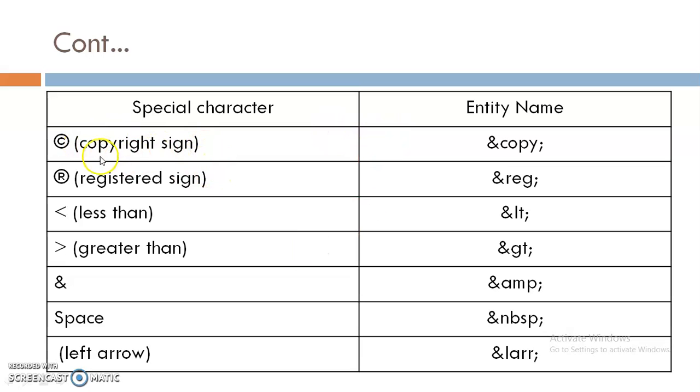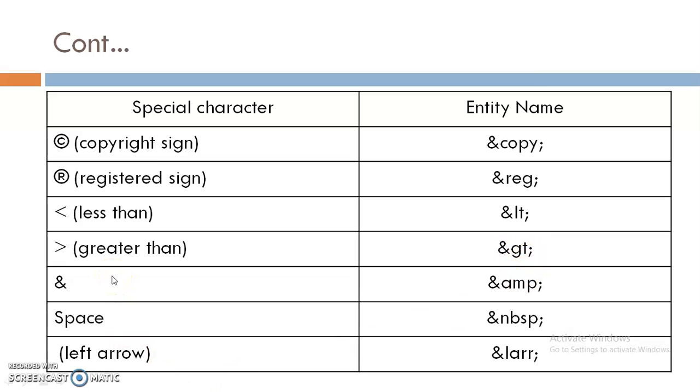Now, some special characters are like this. First one is the copyright sign. To display this symbol, I have to write ampersand copy semicolon. For the register sign, I have to write ampersand reg semicolon. For the less than or greater than symbols, I have to write ampersand lt semicolon or ampersand gt semicolon.